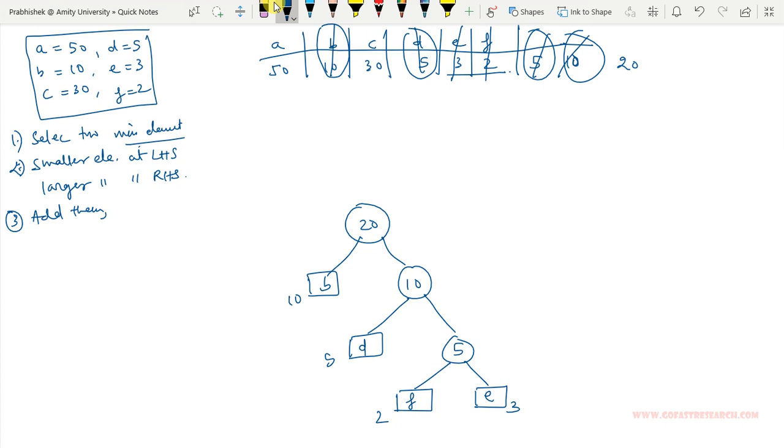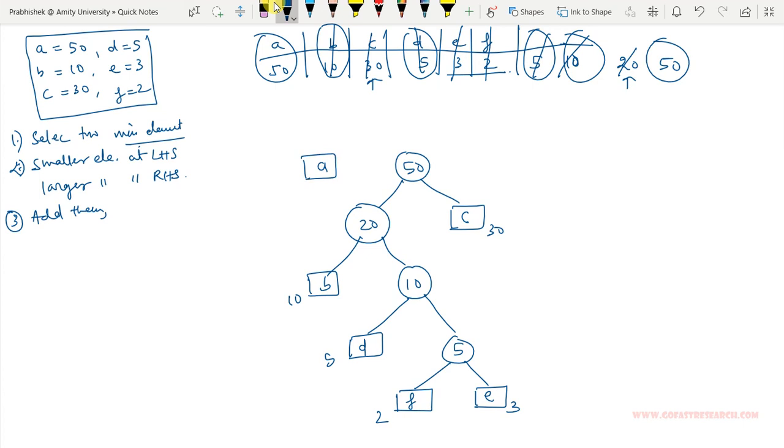Now again we see that this 20 and 30 are the two minimum. So 20 is smaller, so it will be written on the left hand side, and C is bigger, so I will write it on the right. Okay, now I will add it. This is 50. A new file is there, so I will delete these also, and include 50. So what are the two left? This A, which is 50, and this 50. I will add them here. So all the elements are now merged, they are added. So we have successfully done this.